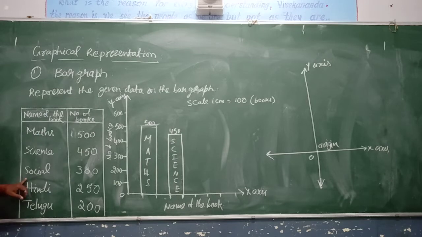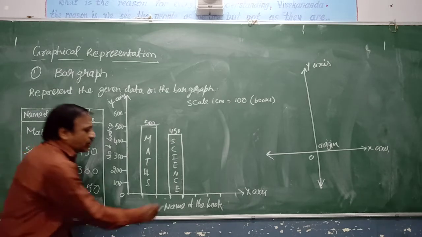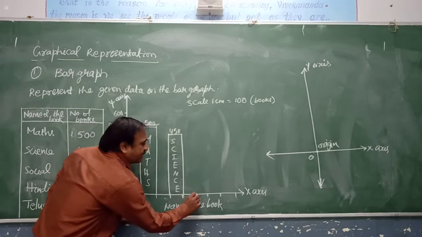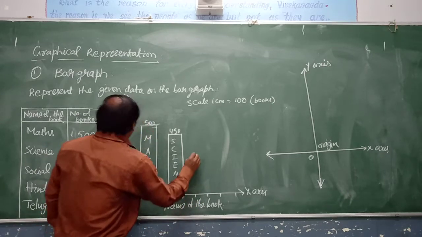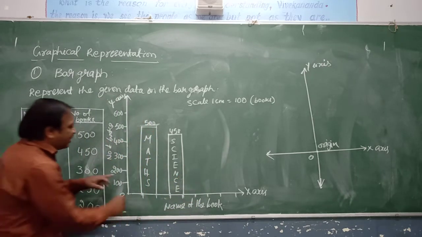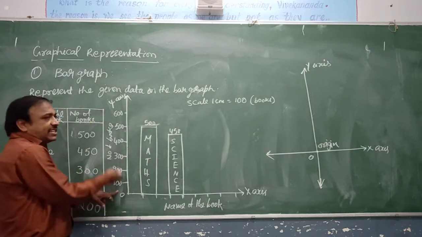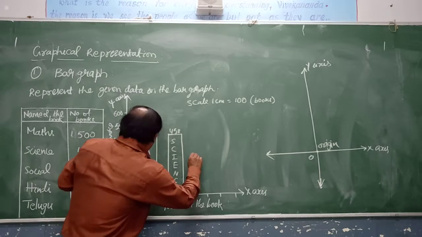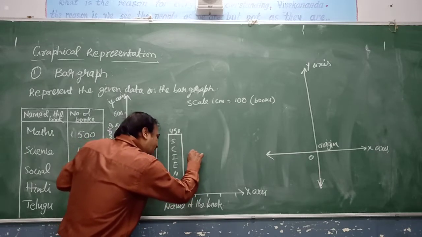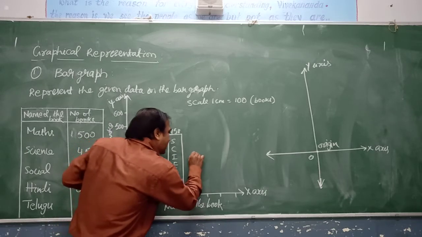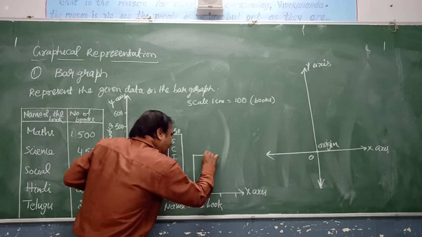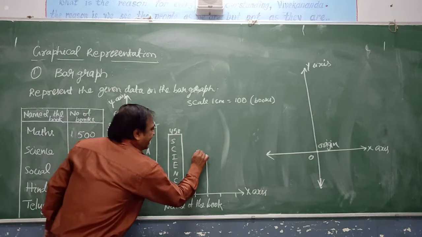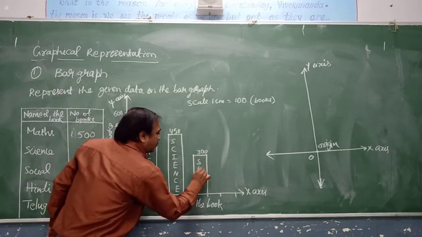Next, social subject we have 300. So leave the space between the bars, uniform width must be there. So leaving the space, now you are locating social, that is 300 books. Where you get 300 books on the y-axis, you see the numerical value, that is the frequency 300. You have to use scale and pencil while representing this data so that it gives a nice look. Do not draw with a free hand. This is 300 social.